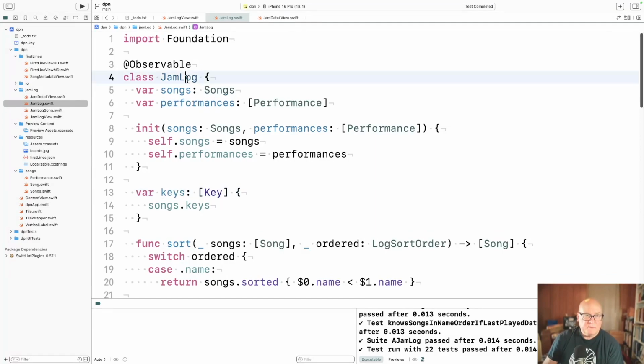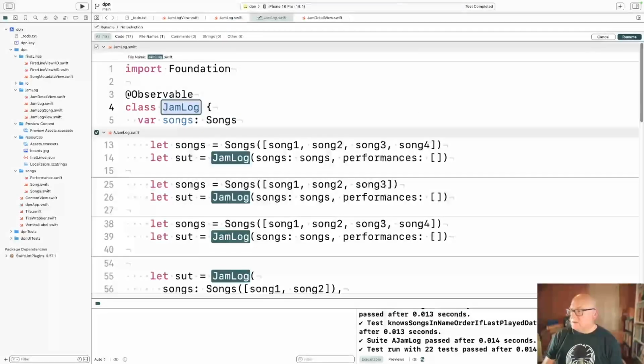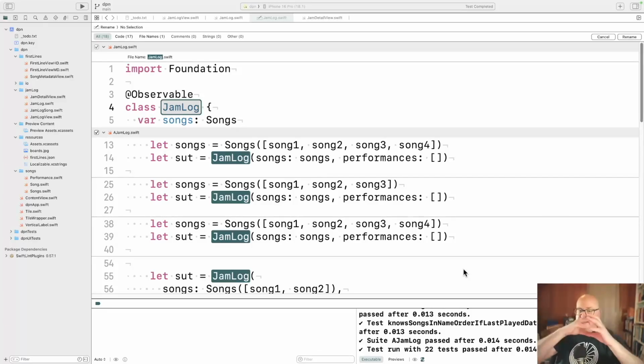Let's rename this to library. Do that first. Using songs in JamLog for the first line, I want to have a single set of songs. Now, the first time you run, we have a starter set that we load in from JSON.